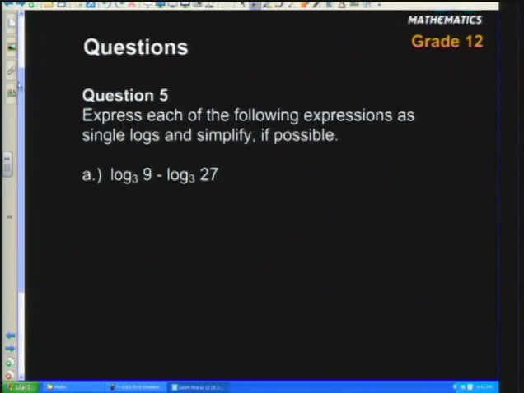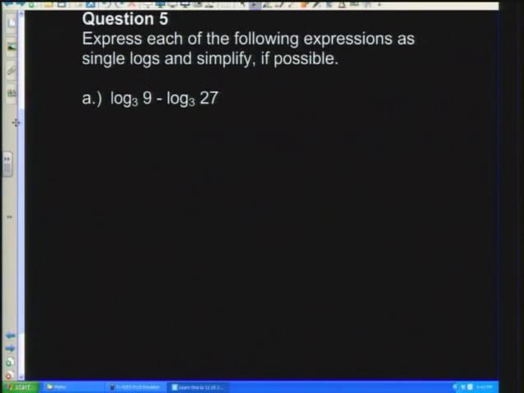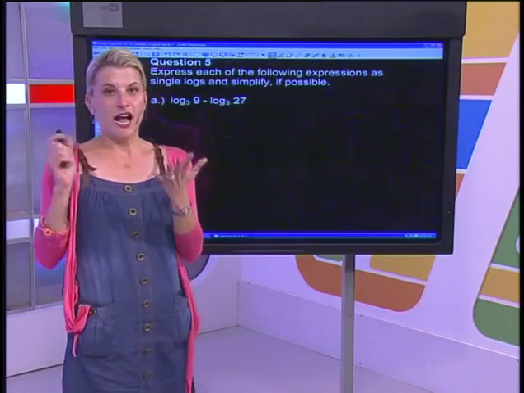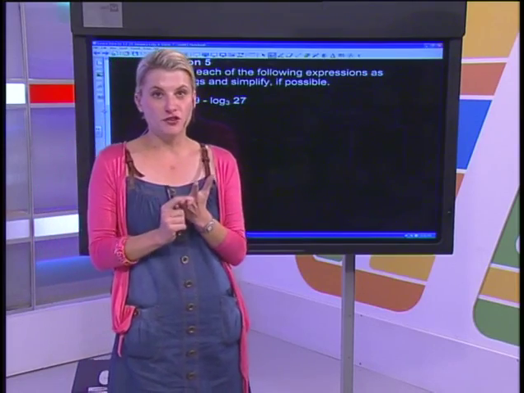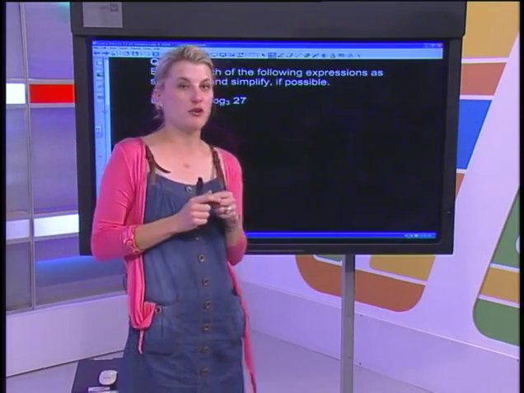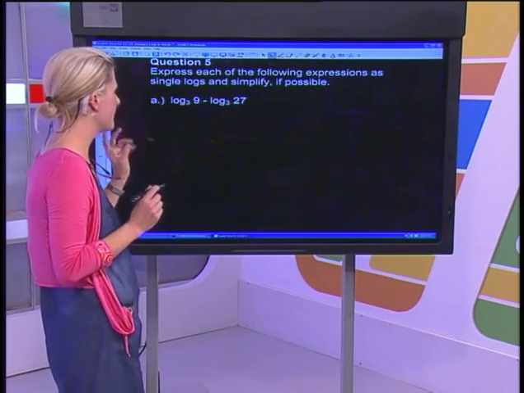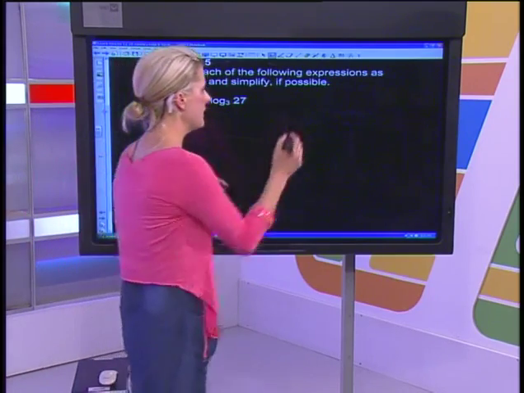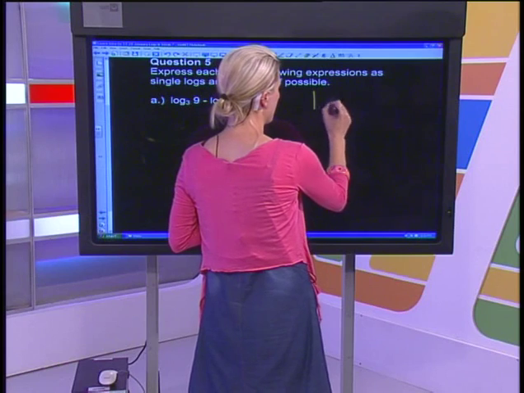The next question asks us to express each of the following expressions as a single log and to simplify where possible. Okay, so guys, very, very important. We've got our 3 log laws that we can use, and we're going to start now. Now, it's a very useful fact to note